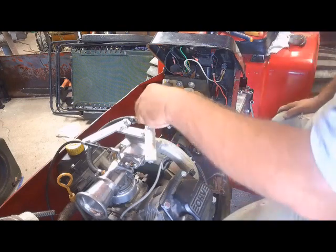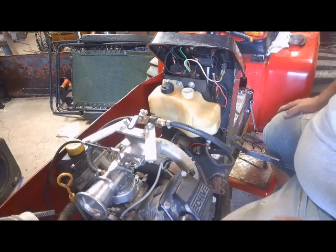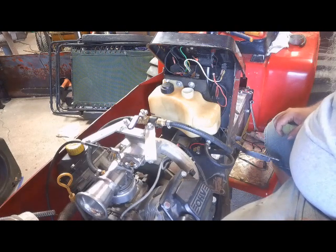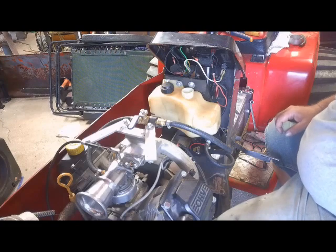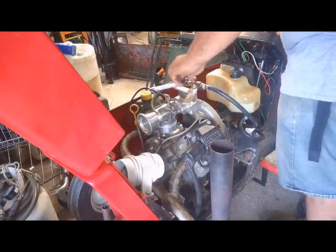Alright, well, sounds like it's primed. Shall we clear some tools off and give her a test fire? I say yeah. Bring it back in a second. Alright, got fuel in it. Turn this